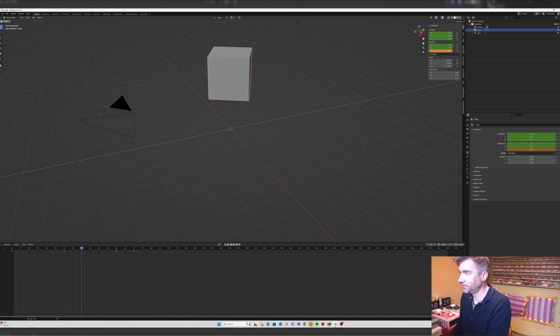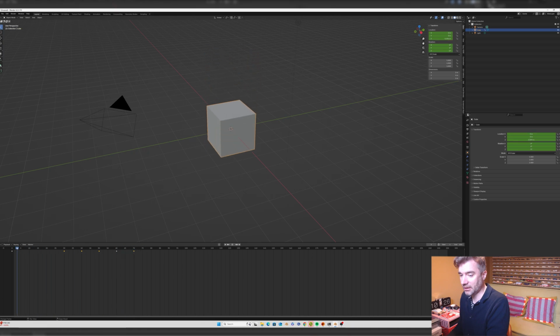Just going to type that in, and then you should be getting the hang of this by now. Hit the I key to keyframe it, and then let's go to 50 and set this to plus 30 degrees. It might not be obvious that it's changed, but then we're going to keyframe that. Let's move it back. And then if we hit play now,